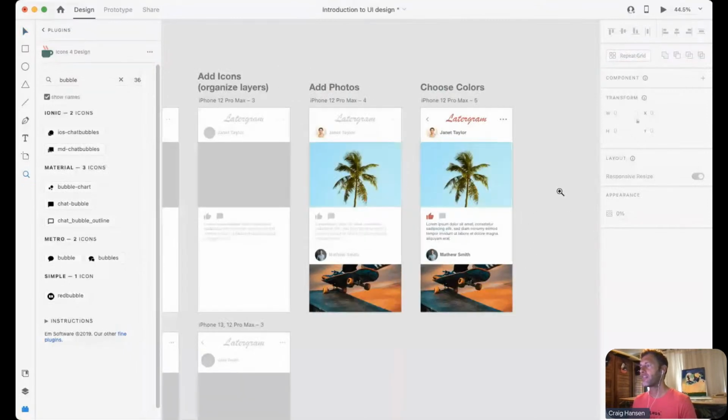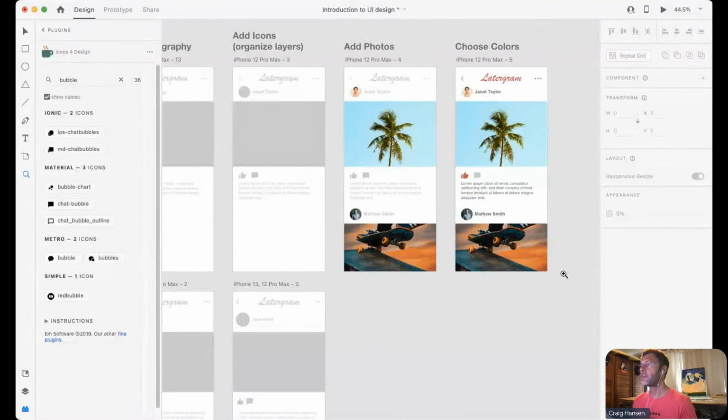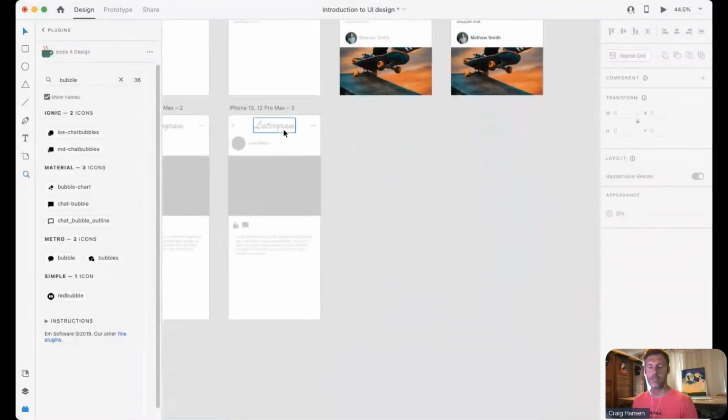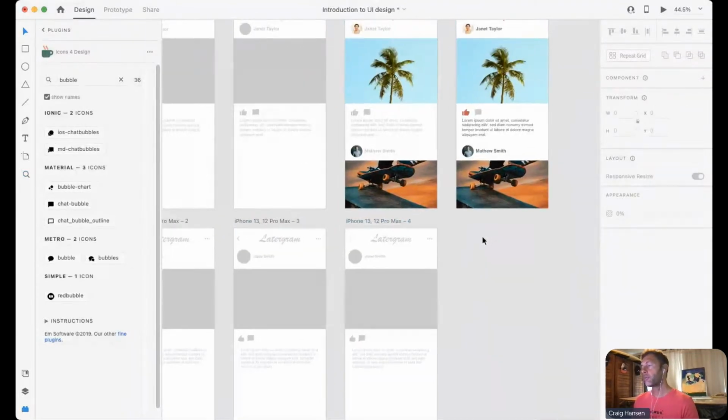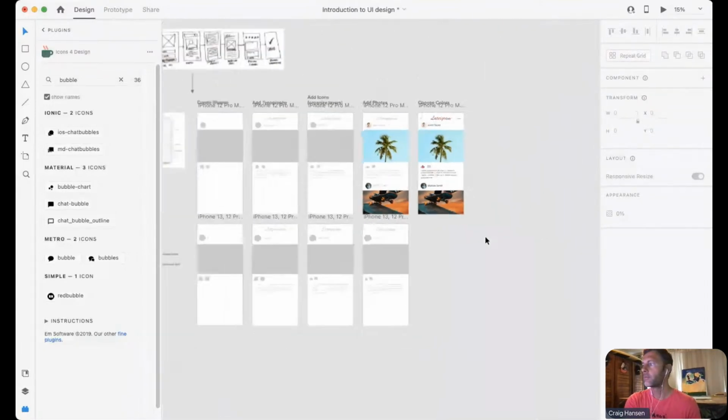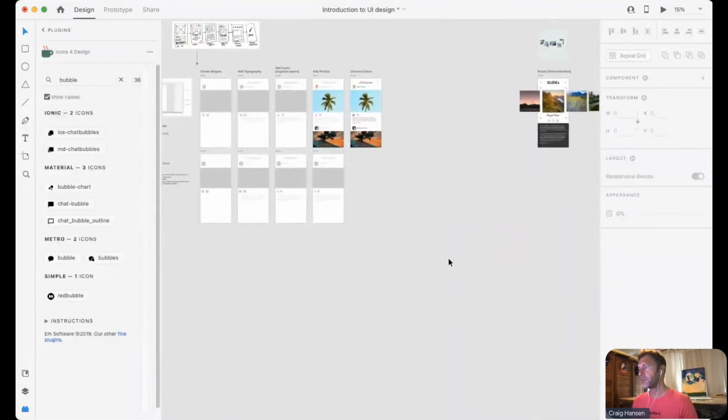All right. So we're going to finally start adding photos, and then we'll add color. Same thing. We're just going to copy and paste this over. And there's multiple ways that we can do this. One would be to just have them saved on my computer in a folder. And that is the way I'm going to choose to finally do it. So you just would go to